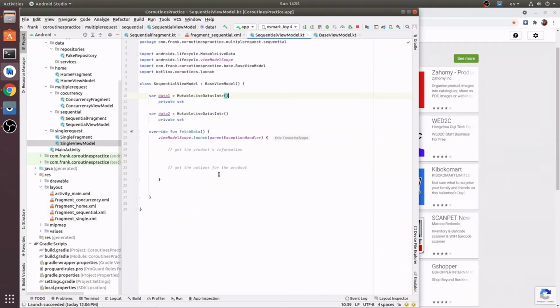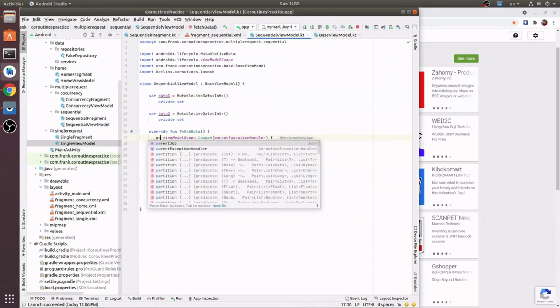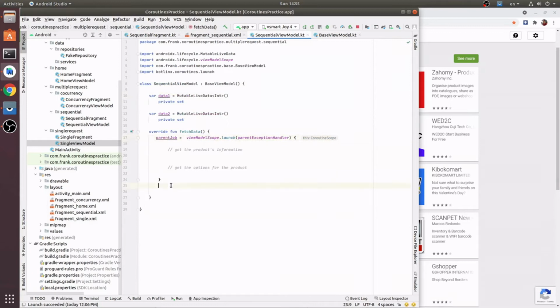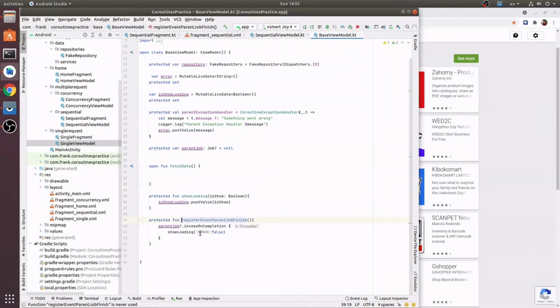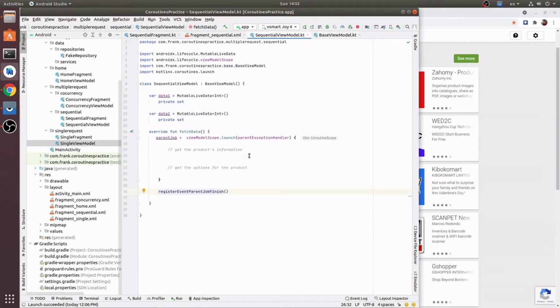And in here, I just need to assign the parent job, and I call register event parent job finished, and in here I just call a function. I add the invoke on completion function and hide the progress bar. So in here, first of all, I want to show the loading, and I call the repository to get